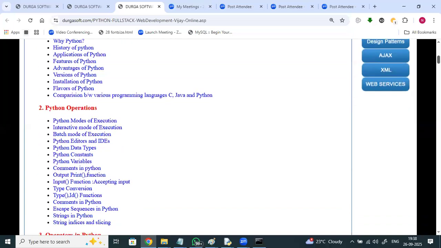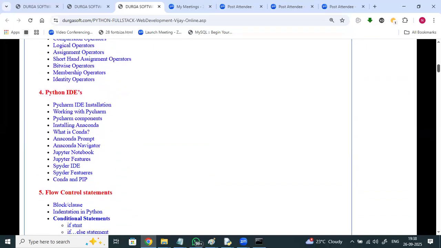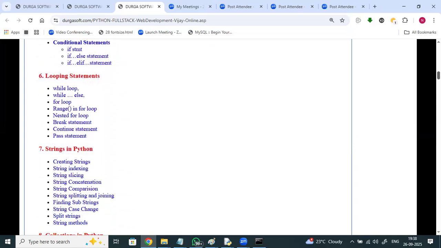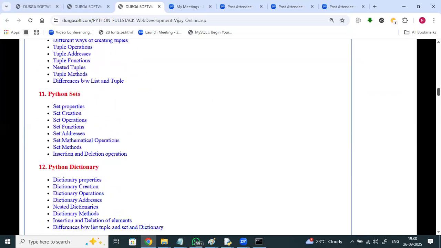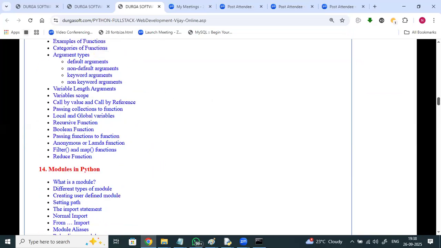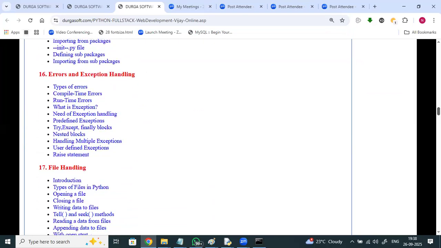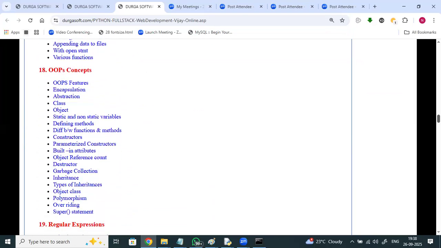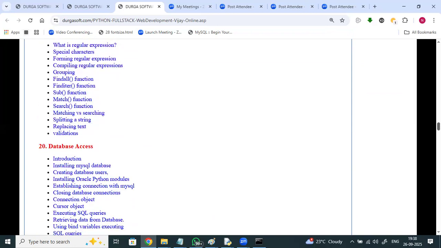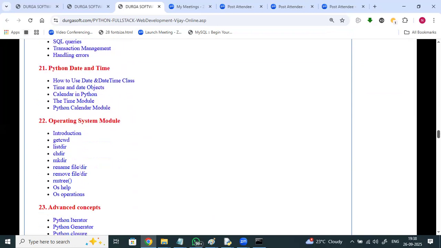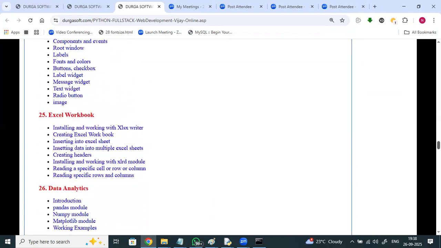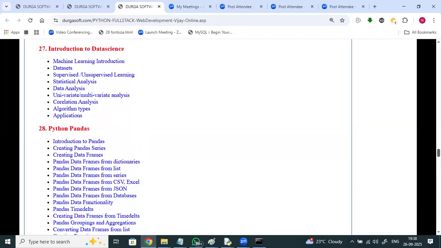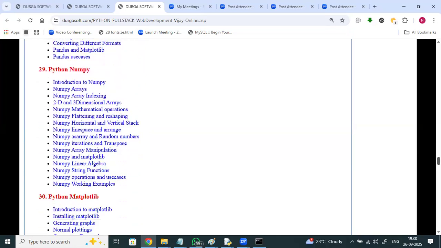Python operations. In brief, we'll be discussing operators in Python, IDEs, flow control statements, looping statements, strings, collections, lists, tuples, sets, dictionary, functions, modules, packages, errors and exception handling, file handling, object-oriented programming concepts, regular expression, database access, Python date and time, OS module, advanced concepts, graphic programming, Excel workbook, data analytics, Introduction to Data Science, Pandas module, NumPy module, Matplotlib.